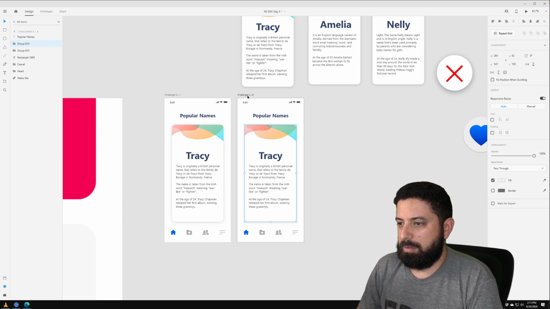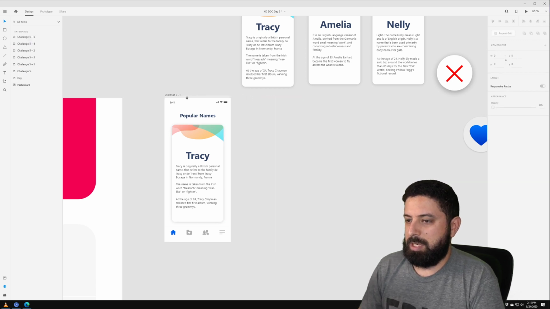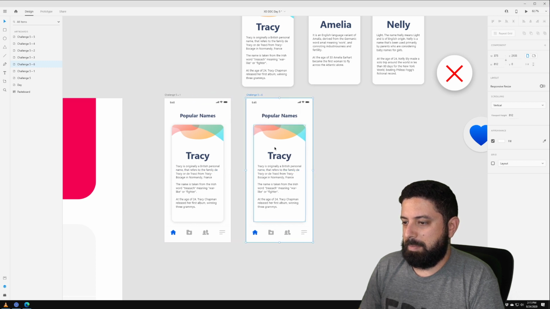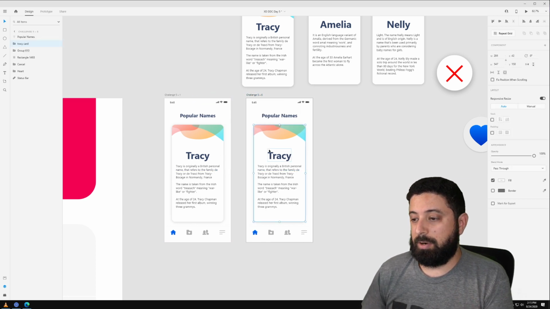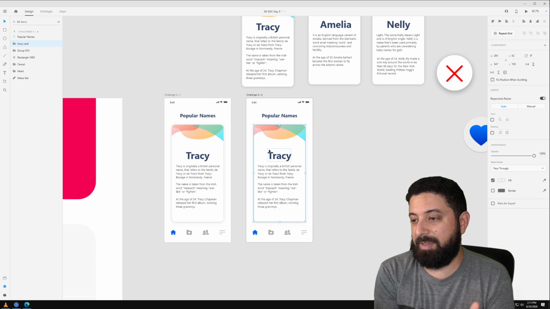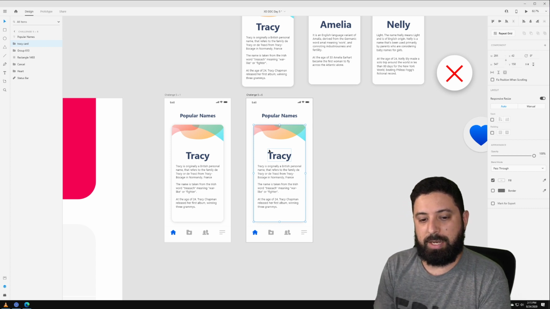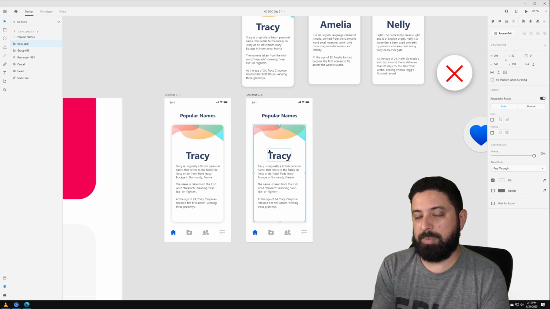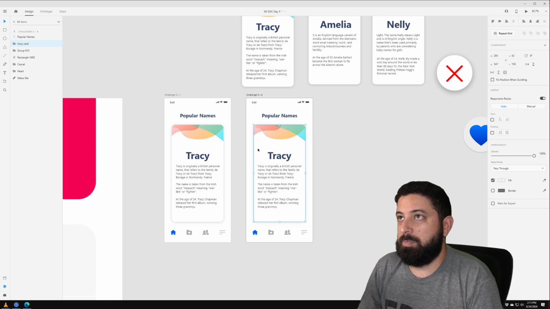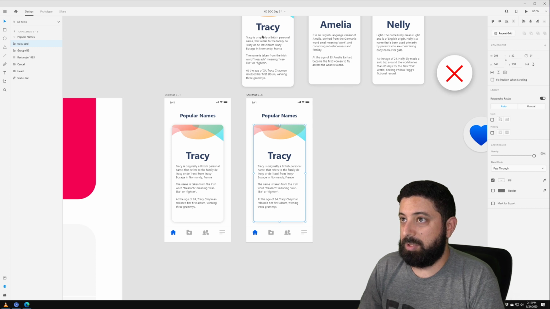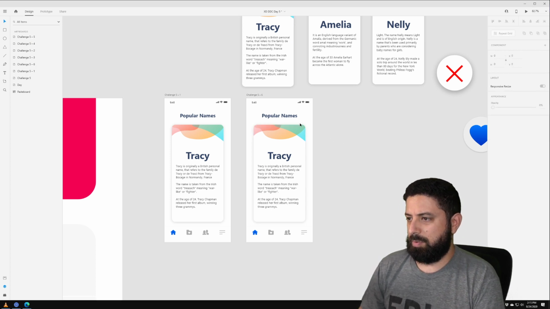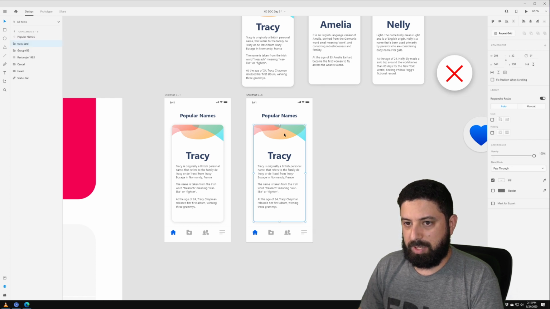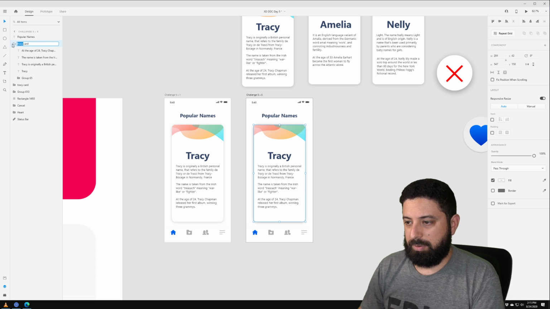And over here, actually, let's keep that. I'm going to copy that, and we notice this is called Tracy card as well. And so we need to have the things named consistently for auto animate to be able to recognize and know what items are going to move accordingly depending on how those items adjust. So say I'm going to swipe to the right, I'm going to need to do a couple of different things. So I'm going to add another card over here, and I'm going to call this one,